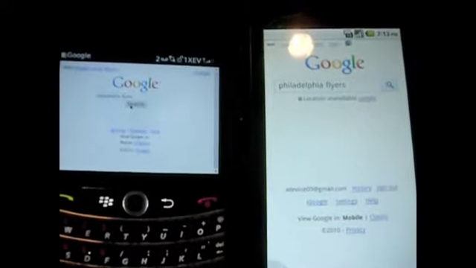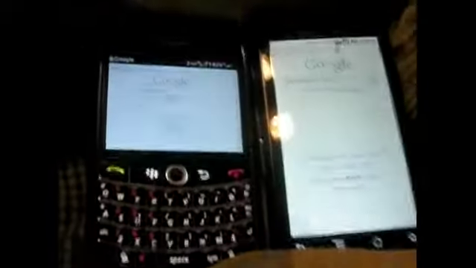To demonstrate this for you, I'm going to click search at the same time on the same item. So you can see I typed in Philadelphia Flyers on my Droid, and on the Blackberry I typed in Philadelphia Flyers. Now it's going to be difficult to show you while holding the camera because I have to click both buttons at the same time. So I'm going to put it down so you can still kind of see the screen. I'm going to do both at the same time and try and get the camera back as quickly as possible